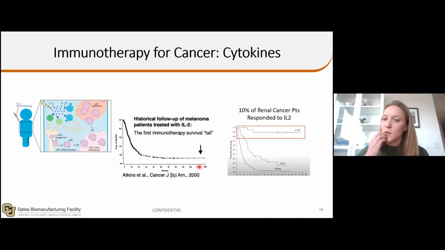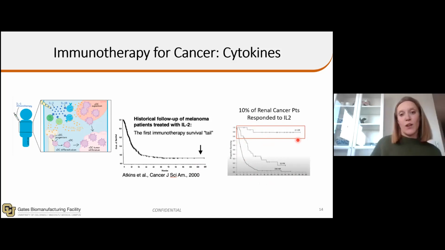And this was also found, it's kind of a similar sort of plot. This was renal cell cancer. And so you had 200 patients who were not responding, but 21 patients who had a complete response. And so this points to the fact that, I think scientists wanted to figure out who are these